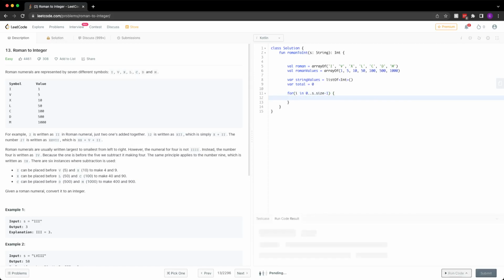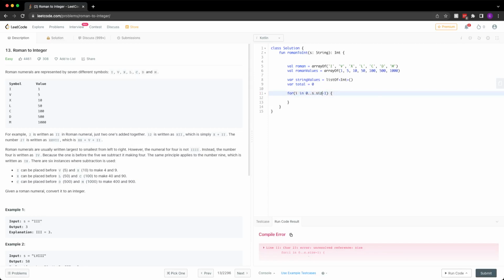Actually, let's see if that gives us an error. I may have the syntax wrong. Yeah, unresolved reference size, maybe length then. Okay, so that works, and we want to return total here.